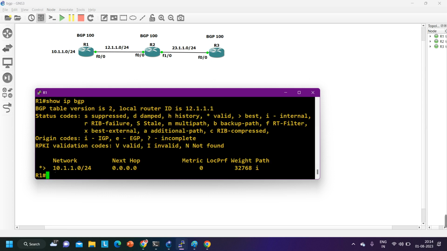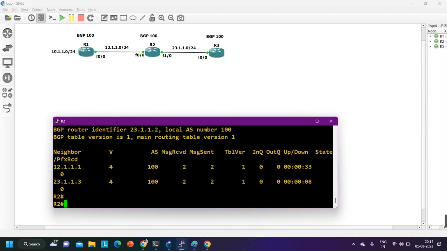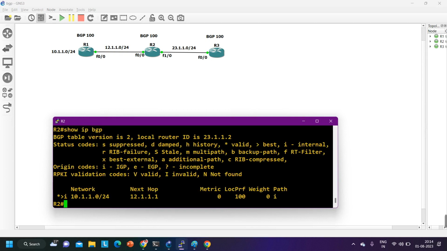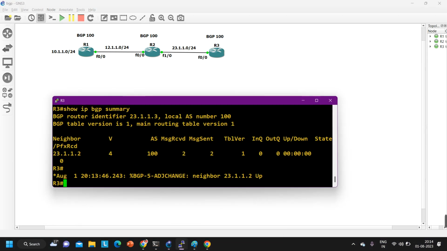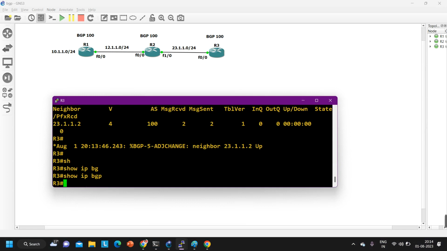The router has installed this network in its BGP table. After that it is going to advertise it to router 2. So router 2 will also receive this network information, show ip bgp. But see on router number 3, show ip bgp, router 3 is not receiving any prefix. Yes or no? So this is why,